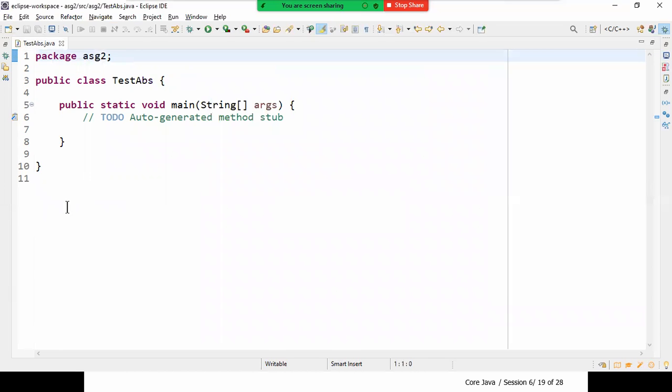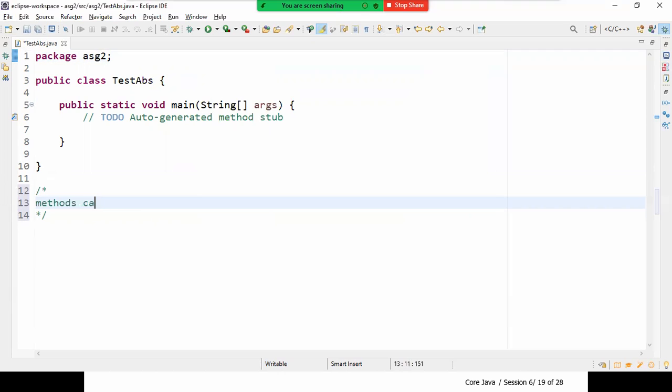Now we are going to talk about the abstract methods. So what are these abstract methods? We only have abstract methods; variables are not there. So methods can be abstract.